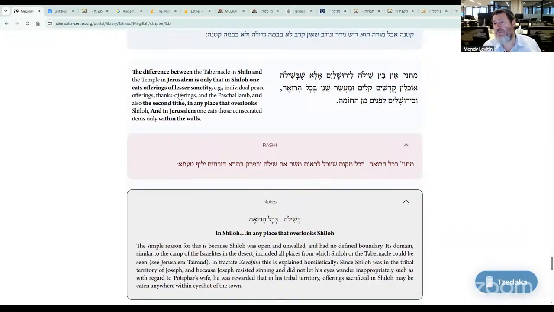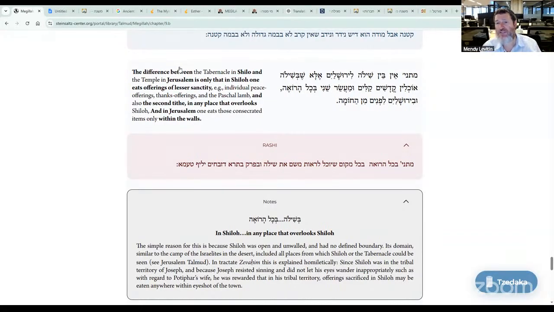In Shiloh, it wasn't called the city of Jerusalem. So what defined these things? The lesser sanctified sacrifices, and the second tithings, what were the boundaries that you had to eat it in? Now, in the laws of Ma'aser Sheni, there are a lot of strict laws. If you take the second tithing out of the city, or you take kodashim kalim, less sanctified korbanos, outside the city, it affects the ability to bring it back in. It's chaimus koleitas. There are all these laws about the boundaries of the city of Jerusalem that lock in, so to say, these things. How does that work with Shiloh?